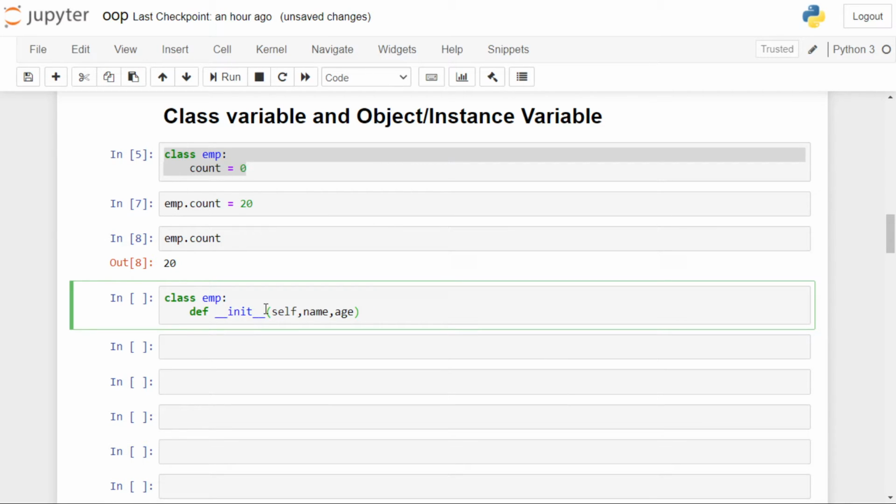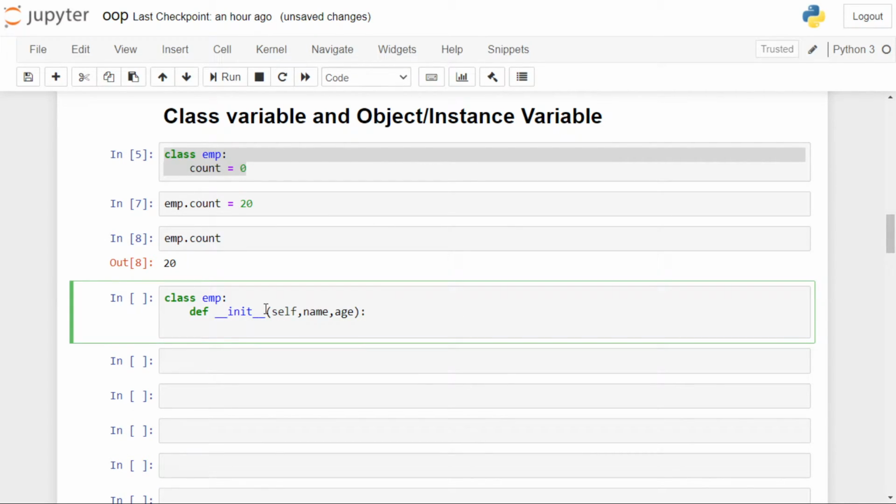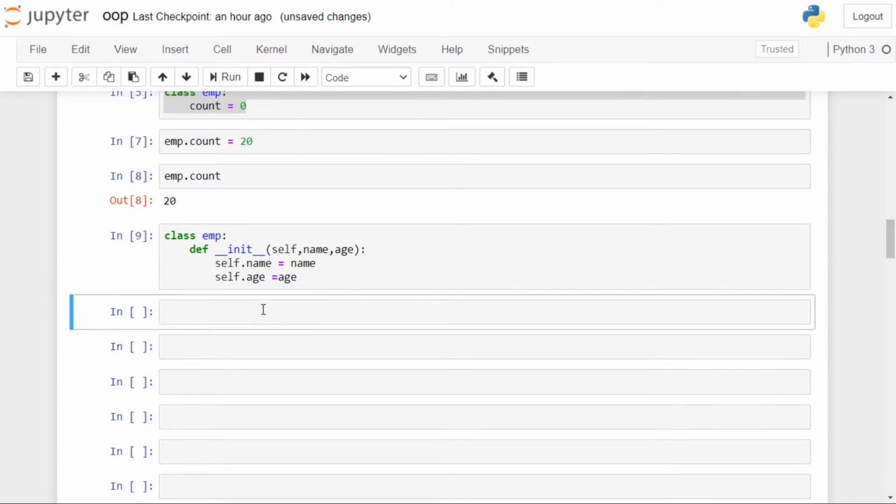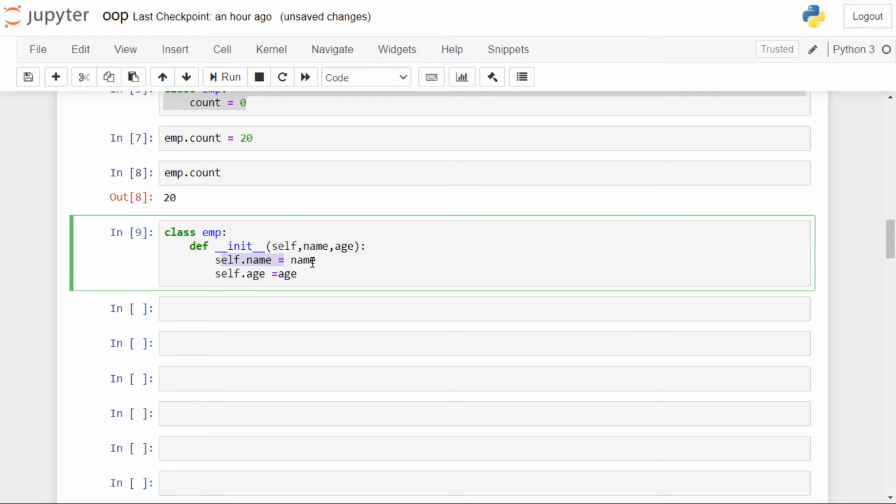Inside this constructor init method, you have self dot name, which will be initialized by the name parameter, and self dot age, which will be initialized by the age parameter. Here we have two object variables, name and age. Here just the class emp is created, you have object variables name and age. Object is not created yet.